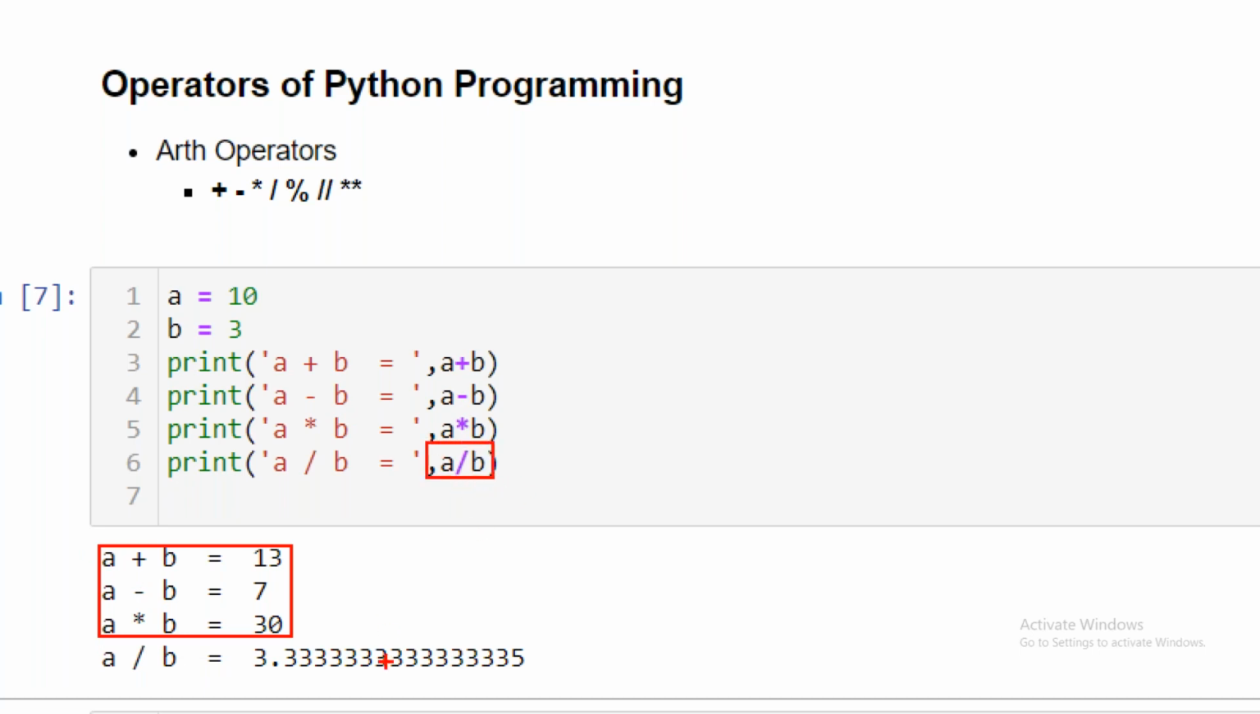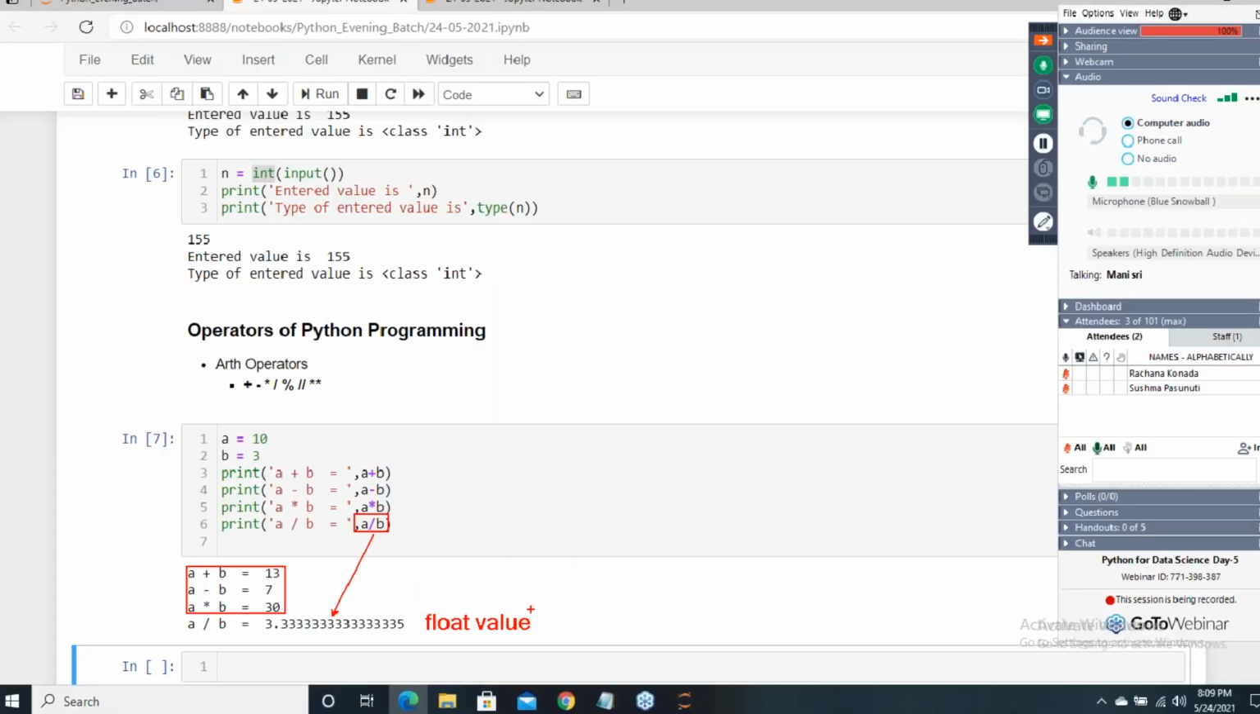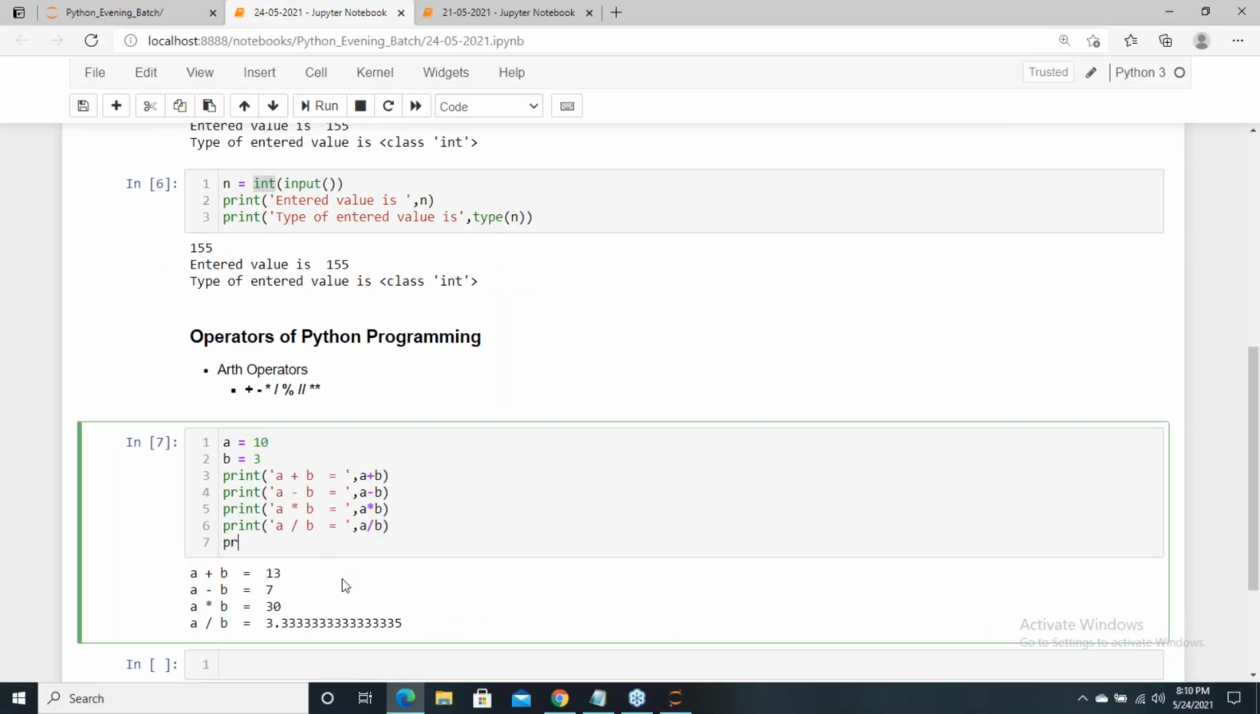When you write a divisible by b, you're getting an output, and the output is in terms of a float. The output is a float value if you are using a single division in Python, right? Basically, if I'm trying to use this,